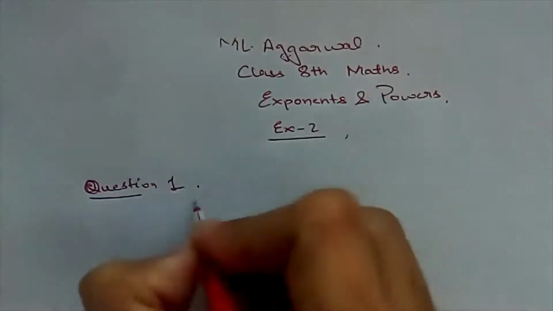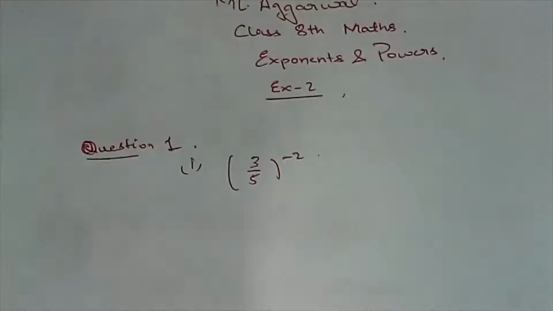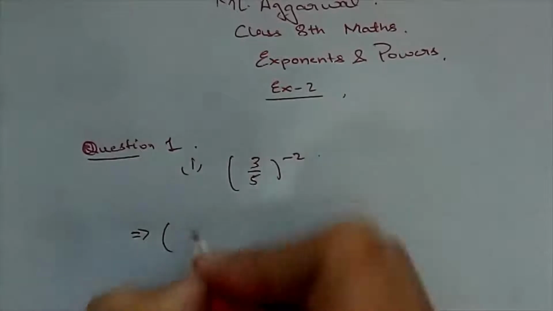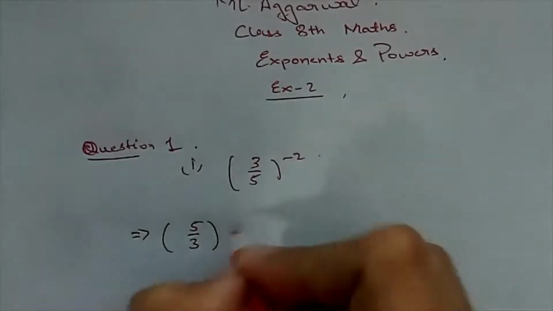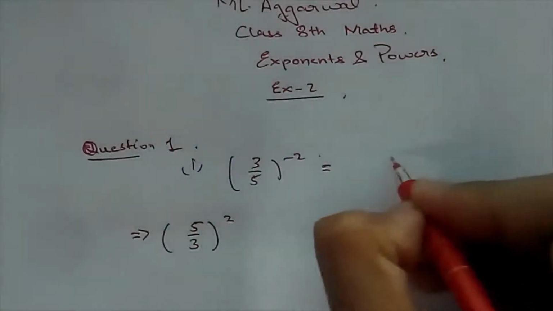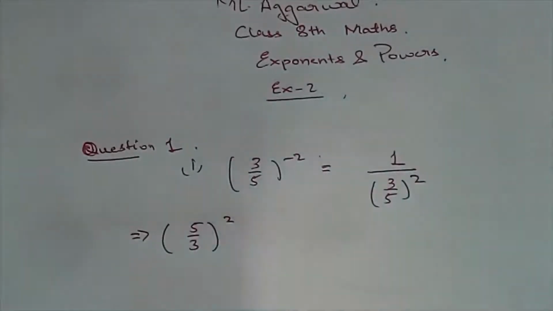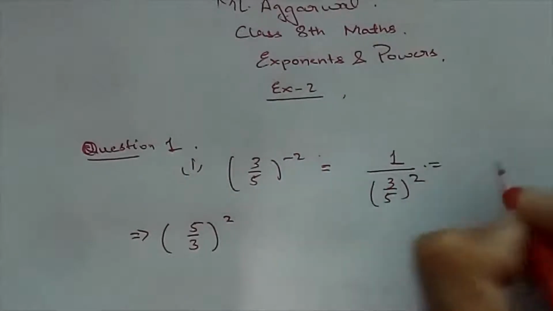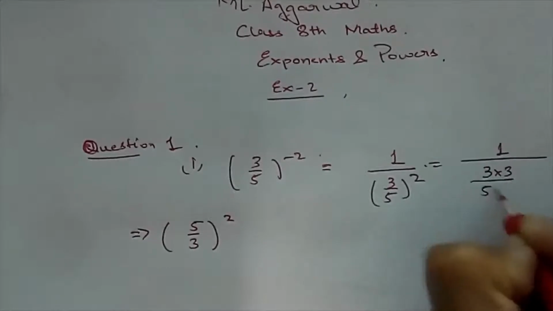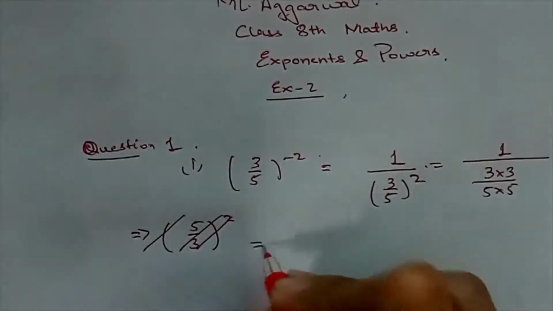So here the question 1 says evaluate (3/5) to the power minus 2. The power is minus 2, that means if we write it in simple form we get the reciprocal and the power will be changed to plus 2. Or you can do 1 upon (3/5) to the power 2. Then you can solve it: 1 upon 3 into 3 upon 5 into 5. So cut this, we will get